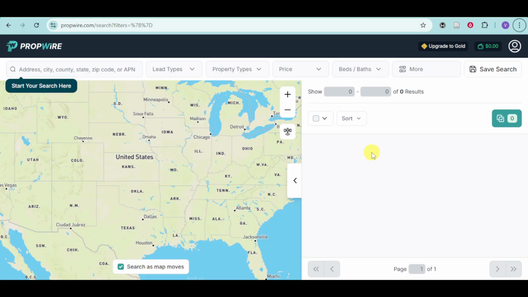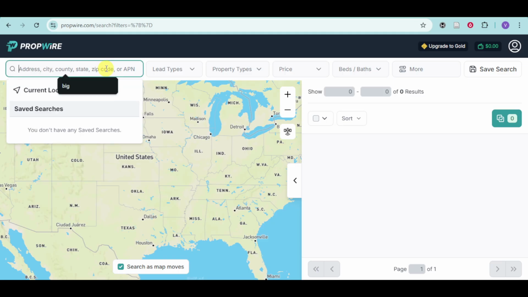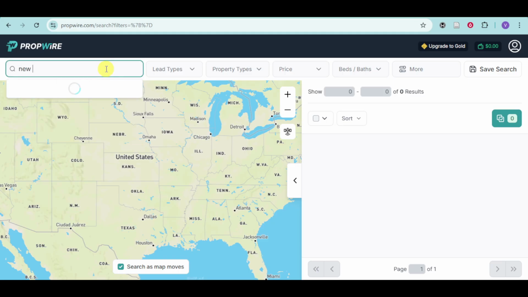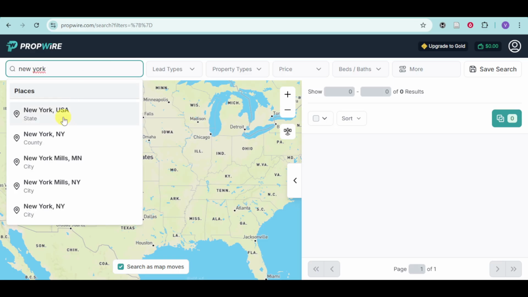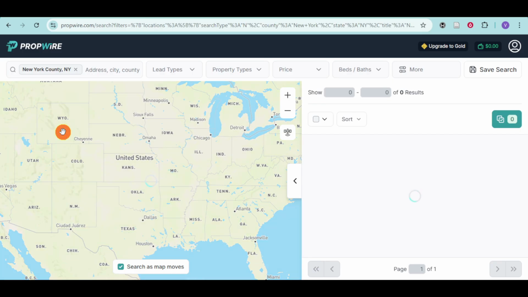In here, you can see my actual PropWire. Now, in order to do this, you just need to search for a specific city. So, for example, let's search in here for New York, and then just select right here the place that you want. And once you have searched for it, it can show you right here all of the real estate properties that